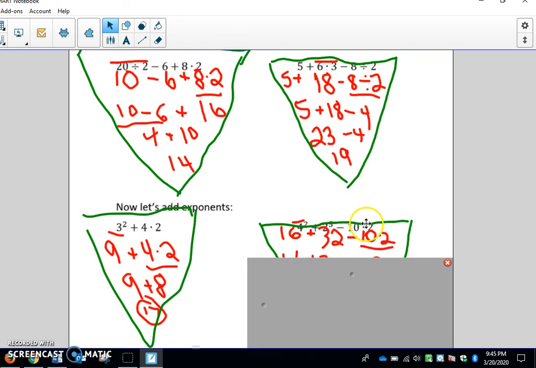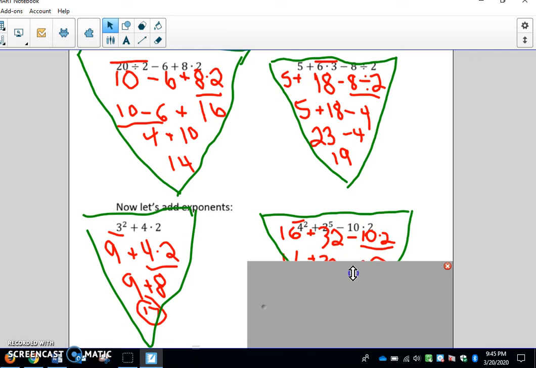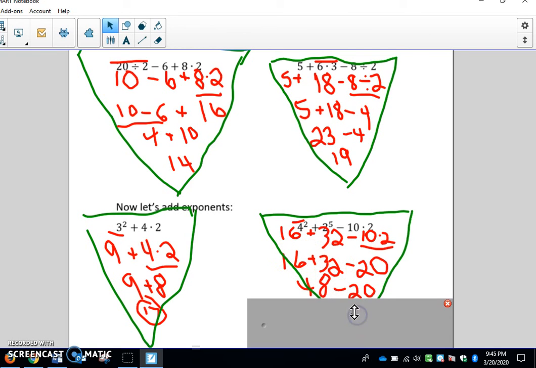So 4 squared is 16, and I actually did both exponents in that first step here. 2 to the fifth power is 32, and then I rewrote everything else, minus 10 times 2. Now when I look at what's left over, I got addition, subtraction, multiplication. So I'm going to do 10 times 2 first, and I get 20. Then I've got addition and subtraction, so now I'm going to move left to right. So first 16 plus 32, which is 48, and then when I take away 20, I'm